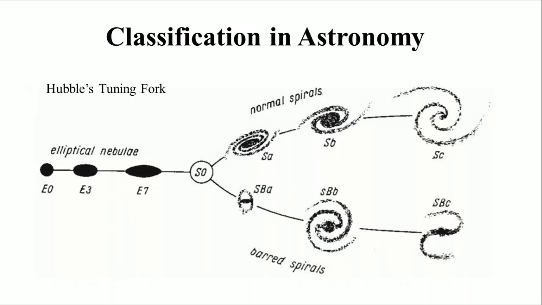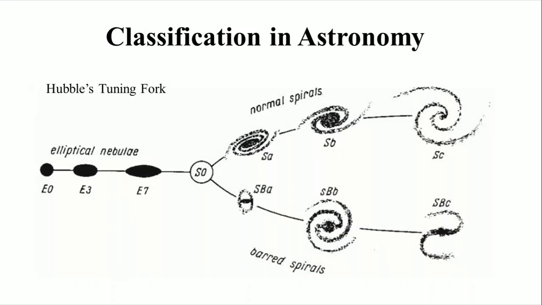As mentioned in the previous section, a good classification scheme makes data more accessible. And when we look at morphology, there are also some common trends within the class. For example, elliptical galaxies are seen to be redder and to be hosting more low mass, older stars, whereas spirals are seen to be hosting young, high mass stars. So a good classification scheme, as said before, brings out more common trends within the class.